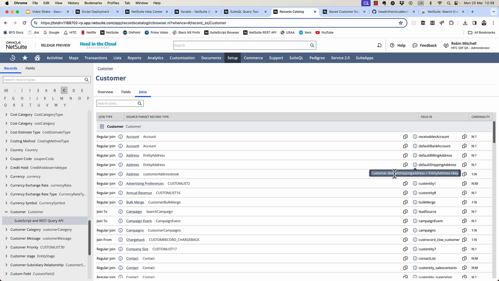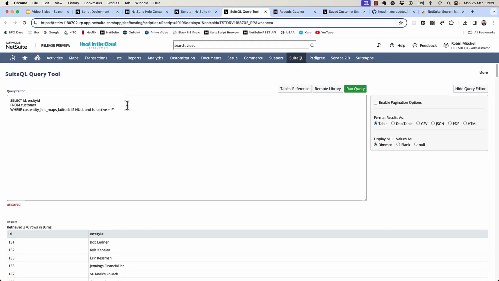And we can copy and paste that. And what we want to join is the entity address record. So back in our query, after the from, I'm going to say join entity address, and I'm going to say on, and then paste in what I got from the eye icon. So we're joining the entity address on customer's default shipping address being equal to the address's N key, which is